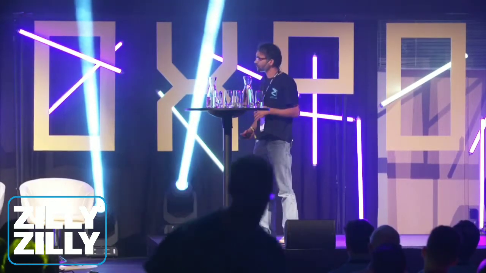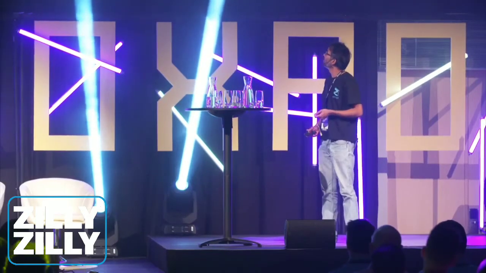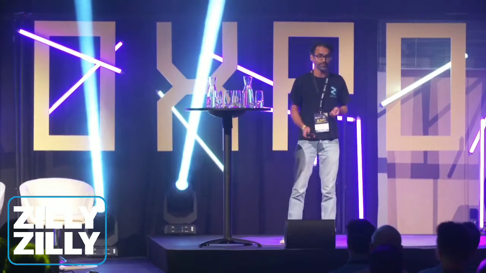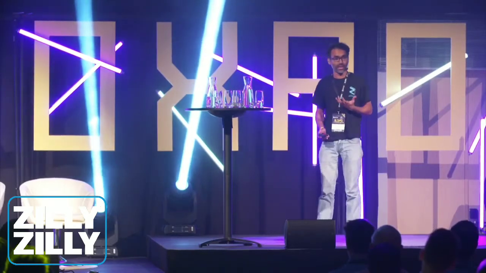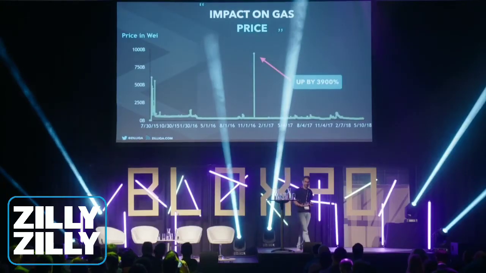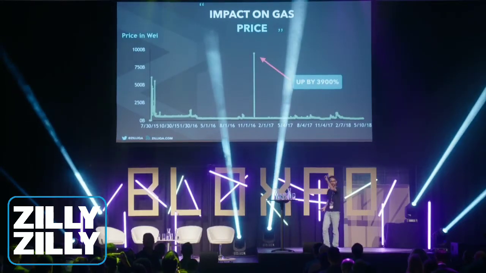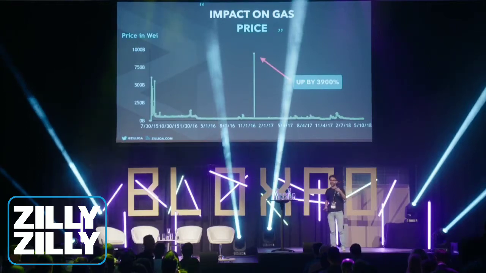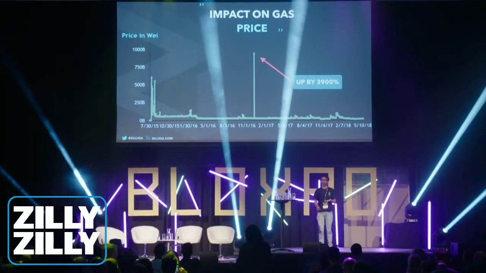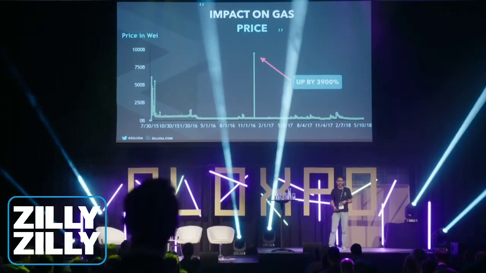So now, CryptoKitties became very popular in, let's say, December last year, to an extent where a simple and cute cat, this one, was sold for over $100,000 worth of Ether. So you can assume how popular this application was. And this application was so popular that it actually affected the underlying blockchain platform. So if you can see, when it was launched, there's a huge spike in the gas fee. When people started using this platform, they were limited by the underlying throughput of the Ethereum blockchain, and they had to pay a really huge gas fee to actually start playing and exchange tokens there.